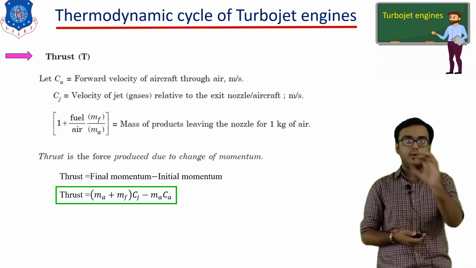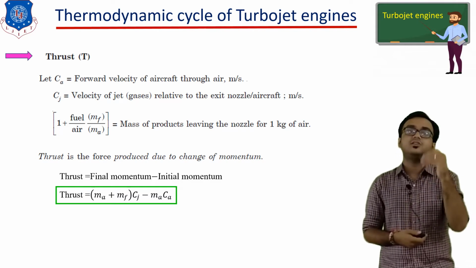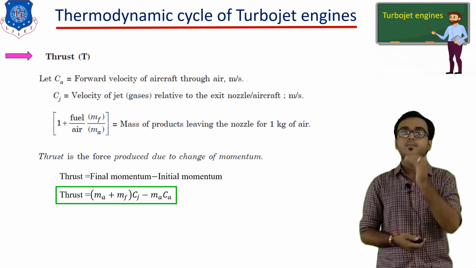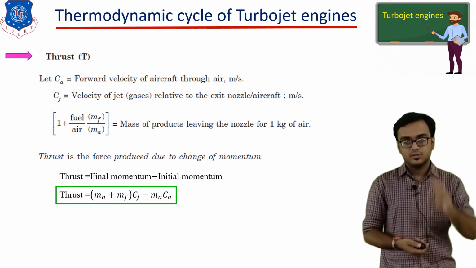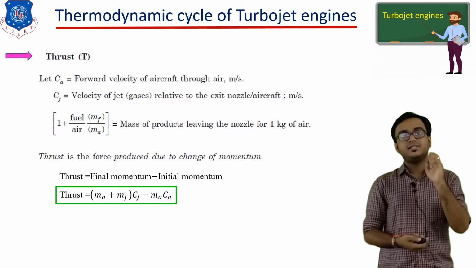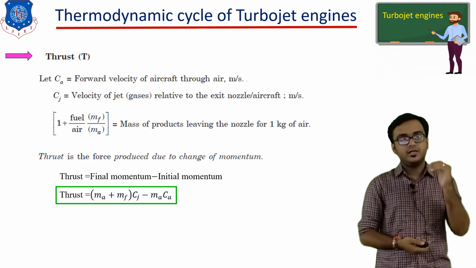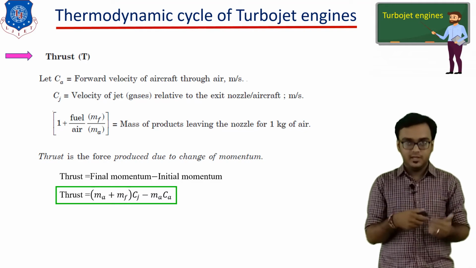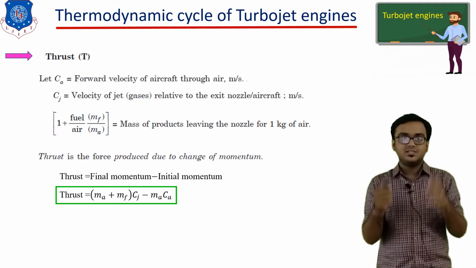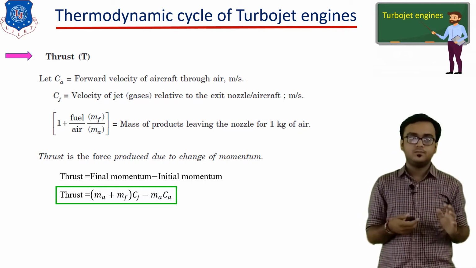So that is all about the thrust force which is generated because of creation of jet, and this thrust force helps to propel the aeroplane. Okay, clear to all? So it is all about the thrust force. Just keep Newton's second law in your mind, that force is proportional to rate of change of momentum. So here final momentum minus initial momentum gives us thrust force. For the final momentum, we have to consider total mass, that is ma plus mf, not only ma.